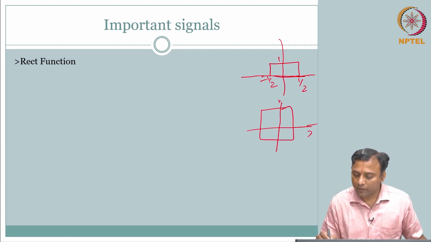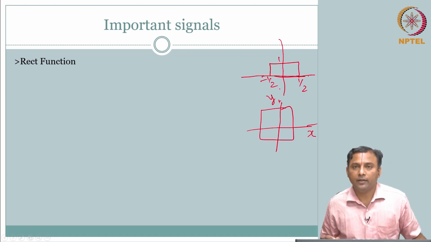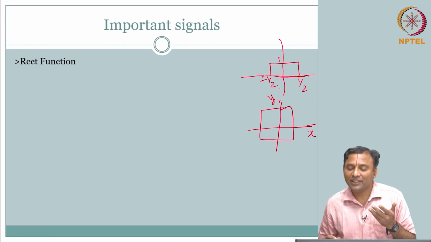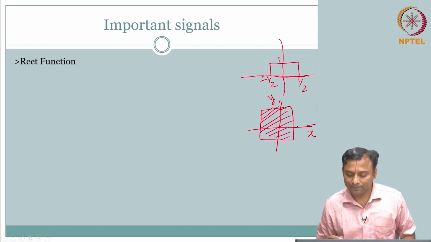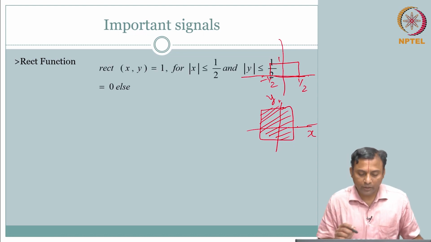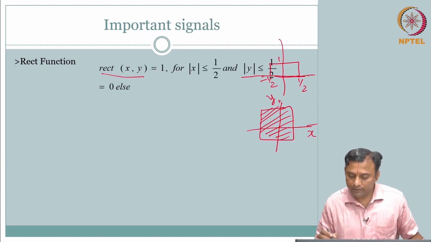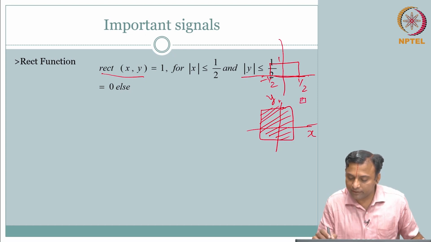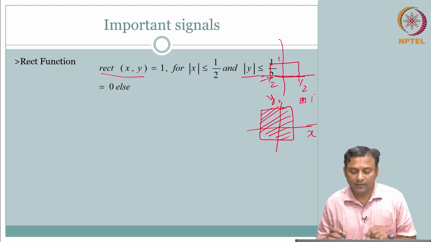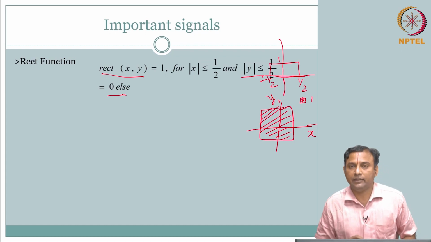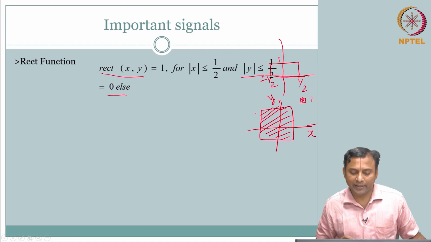So you need x, y, and a third dimension, right. If you have to visualize, you need to have the third dimension. I am not having any color sketch here, so I am just going to shade this and say the shade is value 1. So your rect of x comma y, just to be complete, the legend is this represents 1. Rest of the places it is 0. Clear? So this is your rectangular function. It's a direct extension of 1D. So it's a unit area here, right? This is a unit area.